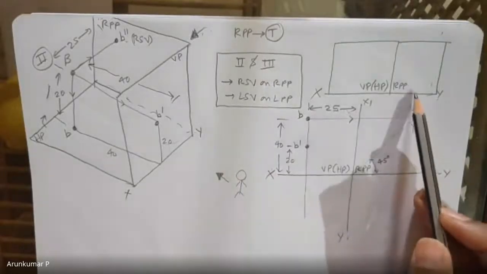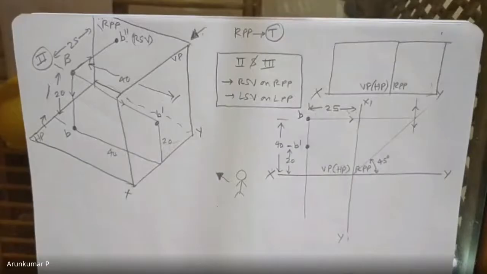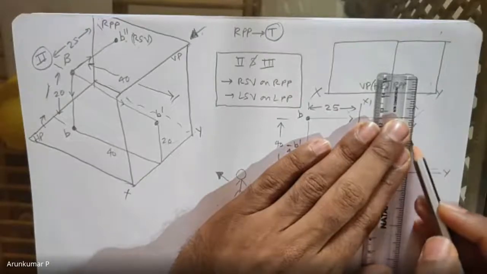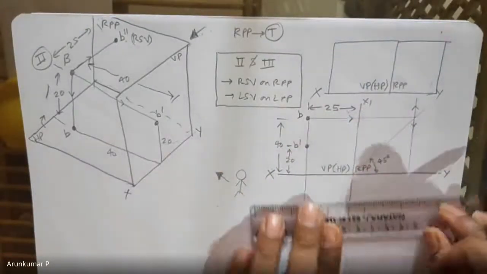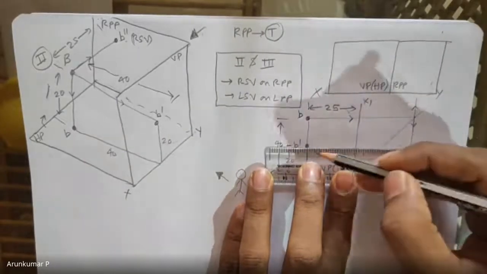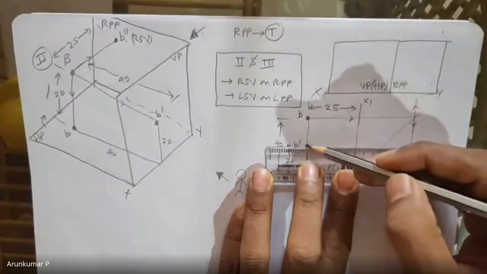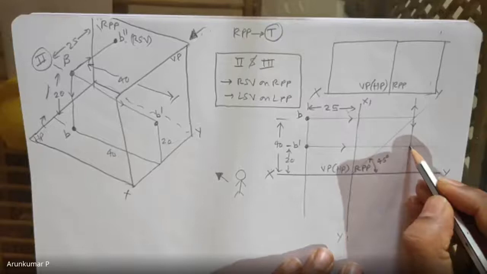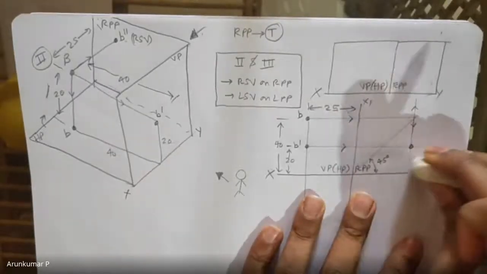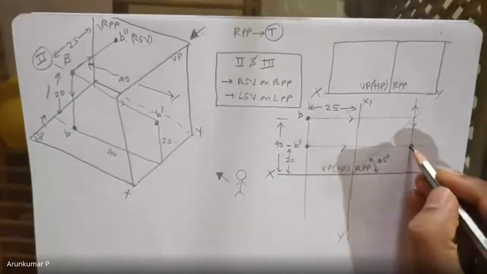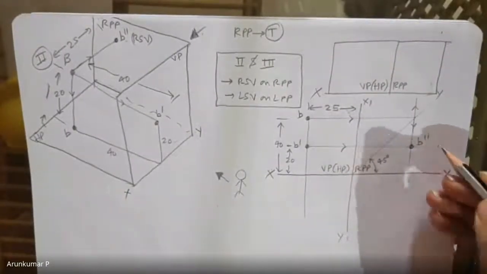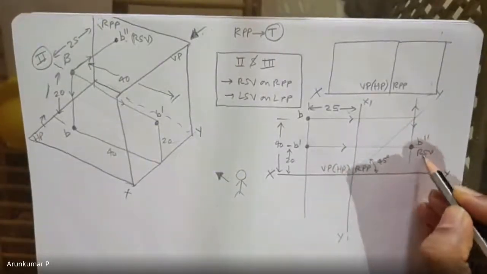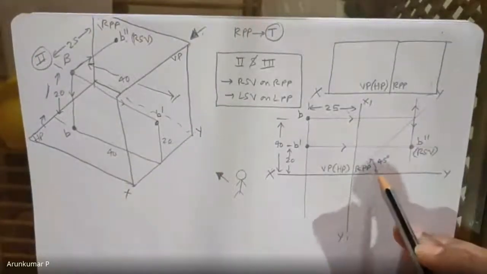So where is your front view? Is it above or below? Below. Exactly. So you should go down, and make it intersect with the projection of the front view. They are going to intersect somewhere here. So this will be B double dash, your side view, but this is your right side view, on the right profile plane.